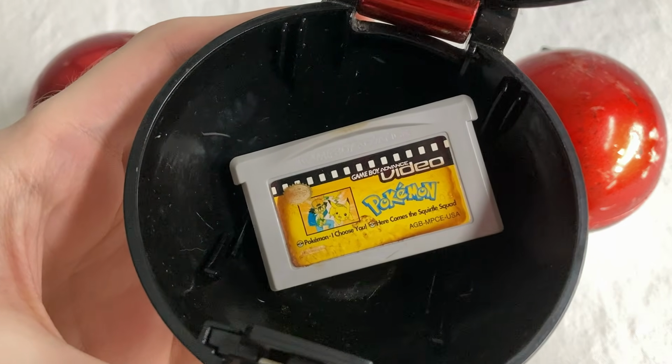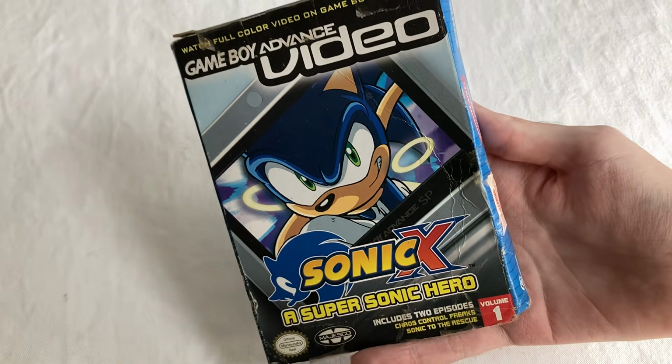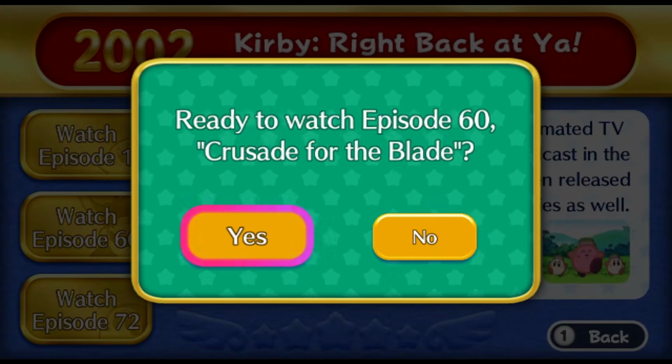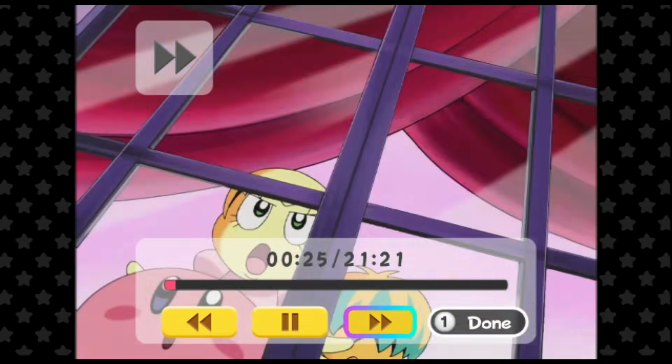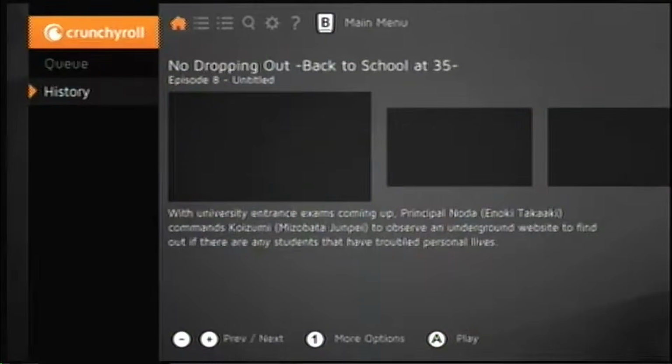Game Boy Advance Video is such a cool concept. Back then there were so many shows based on games, and of course games based on TV shows or movies, so having the option of playing those shows on the same device you used to play the respective games is one heck of a feature if you ask me. The 3DS and the Wii come to mind since they were the first consoles I used that had video streaming